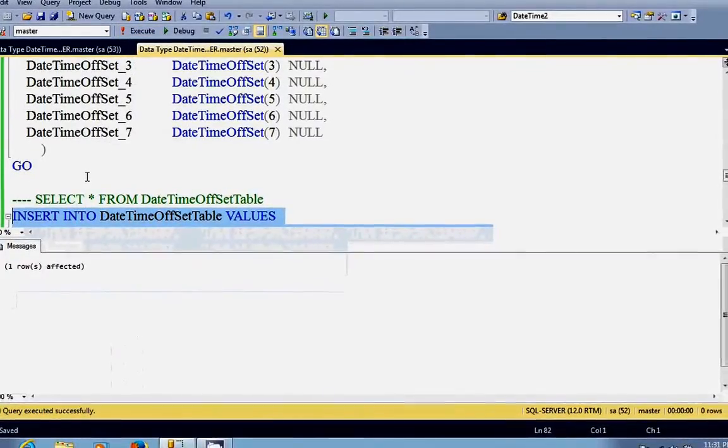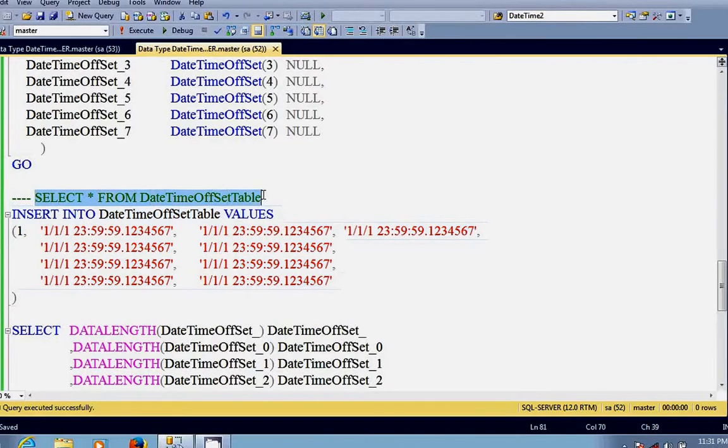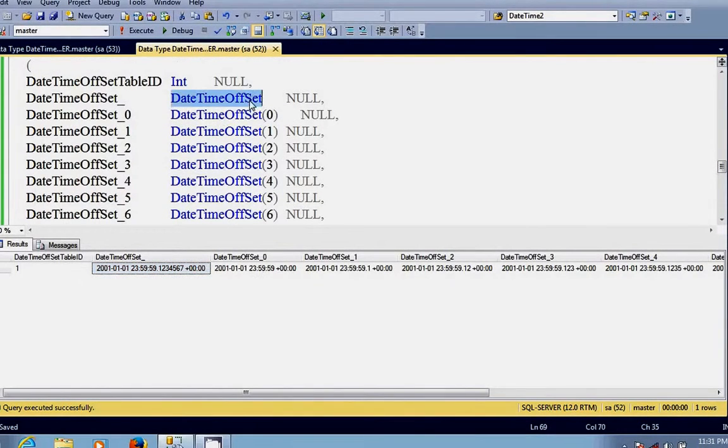Execute. One row inserted. Let's just execute this select statement so we can see the differences. See here, this is the first datetimeoffset, so by default it takes 7 fractional seconds.